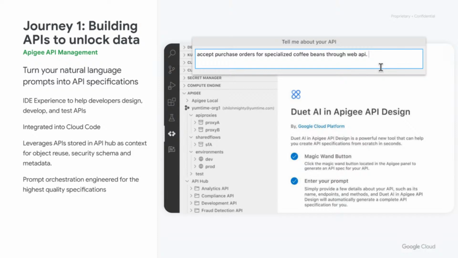So without further ado, let's switch to the actual demo, where I will show you how Shiloh would sort of approach this problem. So now that you are seeing my Visual Studio Code screen, you can see I have my Cloud Code open alongside all my other Google Cloud services. I have also an Apigee section, so to speak. I can see all of my existing APIs I have already uploaded to API Hub right here, accessible to me.